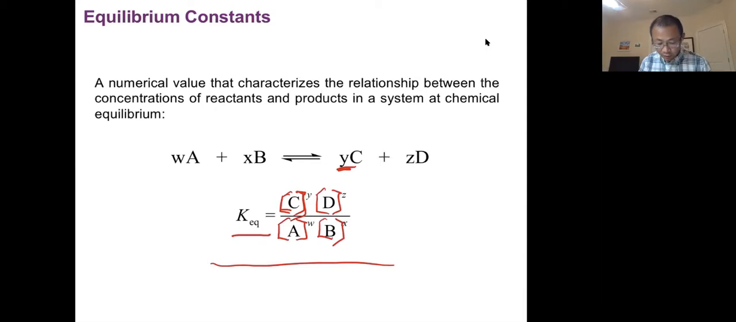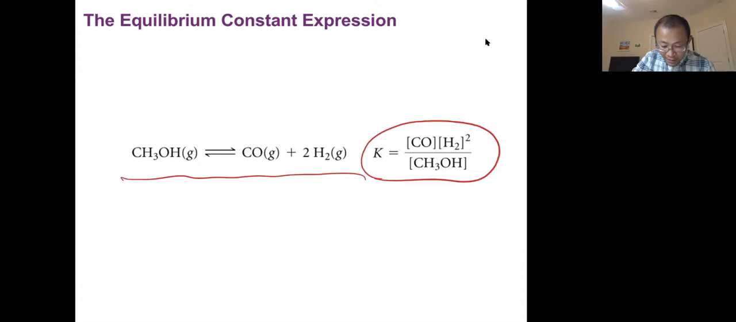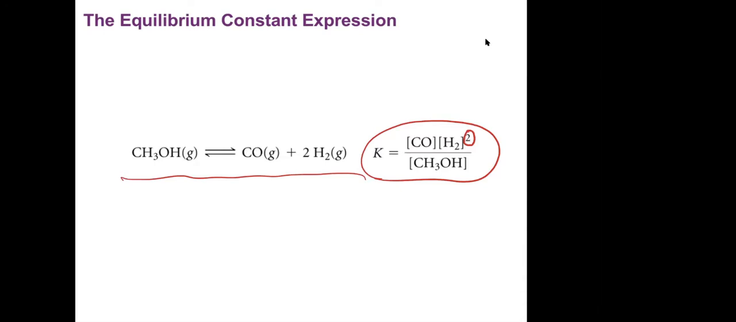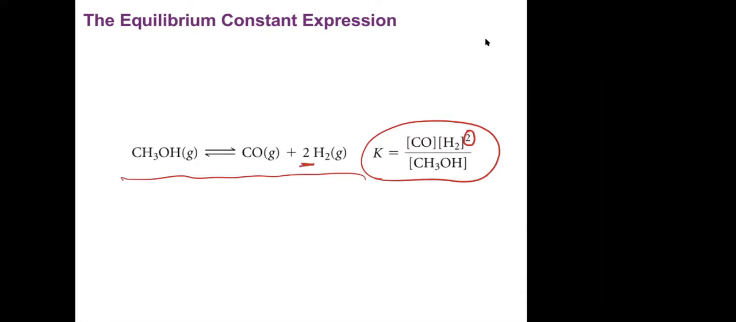Okay, for example, guys, take a look. This is an equilibrium. K of it equals what? Take a look. CO concentration times hydrogen concentration powered by 2. Why 2 here, guys? There's a 2 in front of H2, because the coefficient of H2 is 2. And divided by the